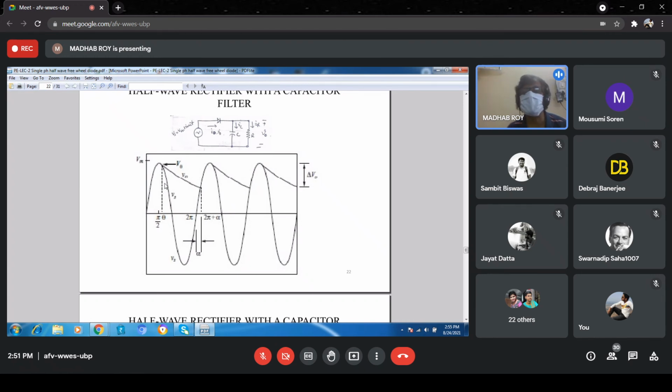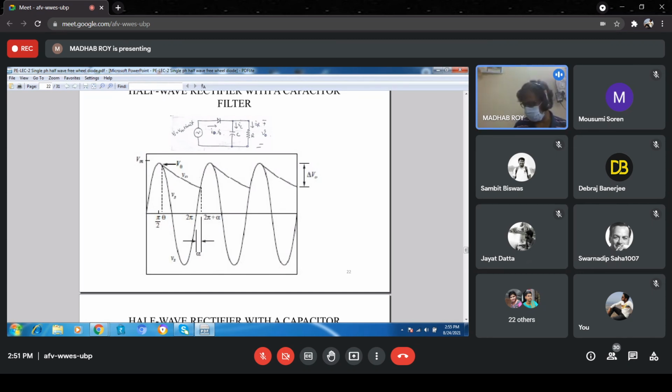Here you will see that the minimum average voltage is like this, and above it there is some ripple, but it is up to 2 pi. Can you see that? Positive voltage is coming throughout the 2 pi. There is no loss of the voltage. So the voltage ripple will be very much reduced and the average value will be improved. Got my point? Okay, this is called the filter capacitor.